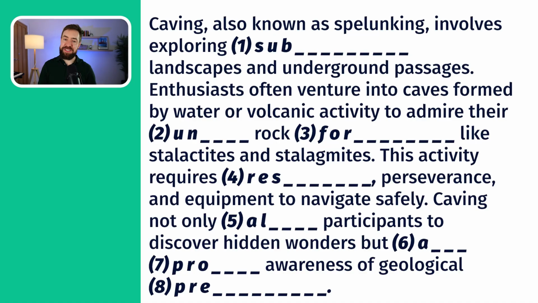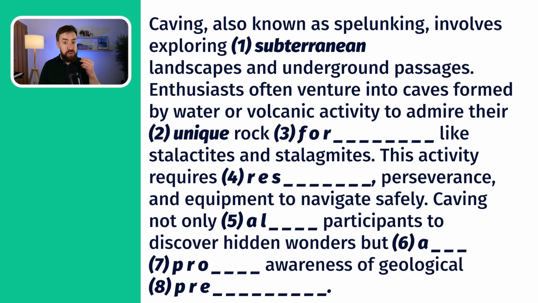Okay, very good. So let's take a quick look through the answers. This is all about caving, going down into caves. So caving, also known as spelunking, involves exploring subterranean landscapes. Woo. If you spelt that correct, then very good job. So subterranean means under the earth. Subterranean landscapes and underground passages. Enthusiasts, that's people who like it, often venture into caves formed by water or volcanic activity to admire their unique